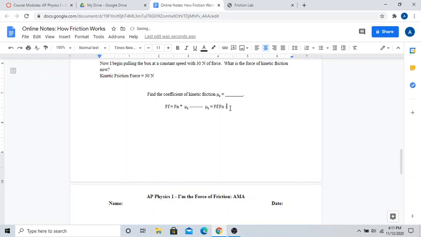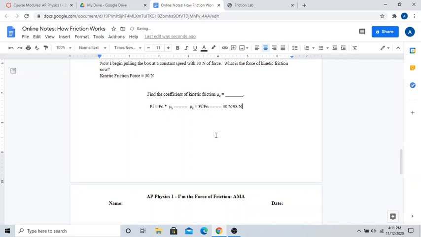We know all these values. FF, in this case the new friction force because it's kinetic friction, is 30 newtons. And it is 30 newtons because it says the box is being pulled at a constant speed, which means it's experiencing balanced forces, so it has to be the same as the pulling force. And since the pulling force is 30 newtons, the kinetic friction force is also 30 newtons. And we're going to divide it by the same normal force. Because we haven't changed anything about the box, the normal force is the same as before, which is just the weight of the box,